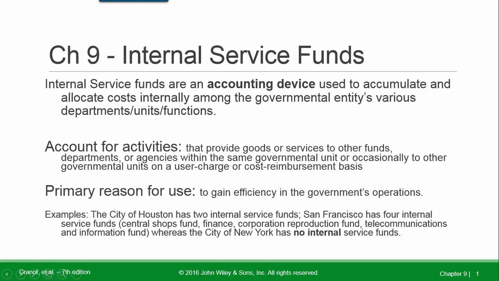Granoff Chapter 9, Internal Service Funds. Internal service funds are an accounting device used to accumulate and allocate cost internally among the governmental entity's various departments,